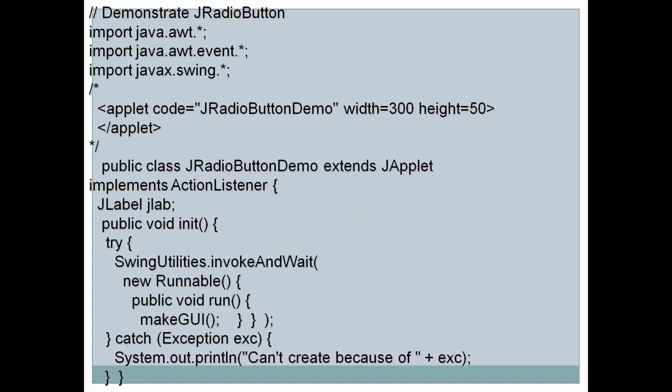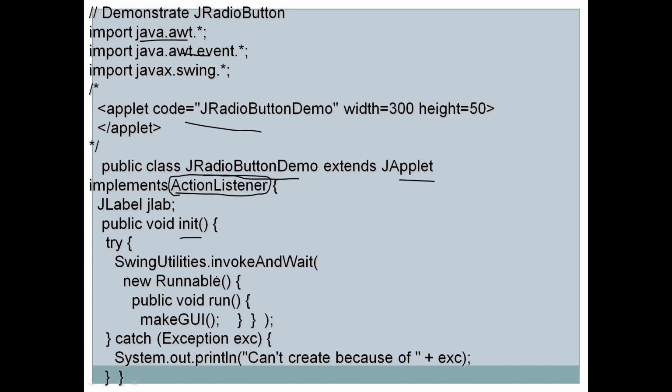Now let us go through an example. So all these things are required, okay, and the HTML code. Then we have a class name, extending Applet, again implementing ActionListener. Now on the radio button we want to handle action event here, not item event. So we have implemented ActionListener in this program.